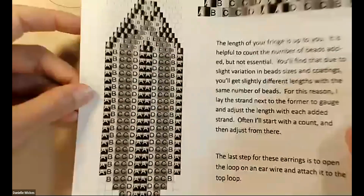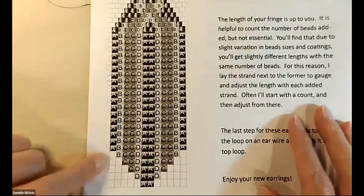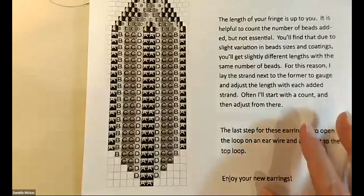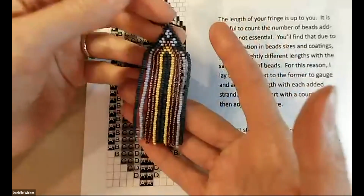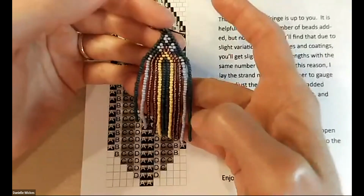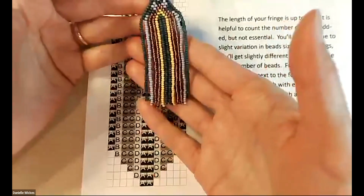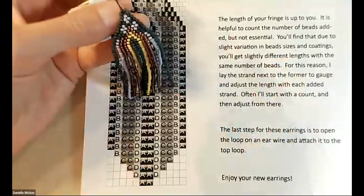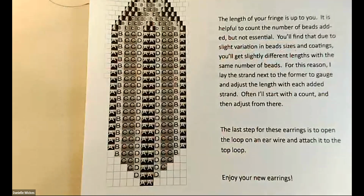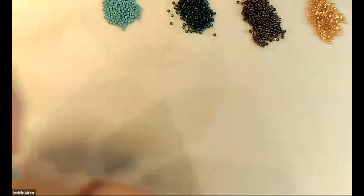Now on this one, it shows about 20 here, but I actually added 30 on this pair. 30, and I did a straight row for this pair, but on some of the other ones I would go 30 and then 32 and then 34, 36. You can do whatever you like, play with it and see what length you'd like for your earring, and you can always remove the fringe and try again. We'll make a few strands, and they're very easy to pull out. I can show you how to do that while you're working, but I'm